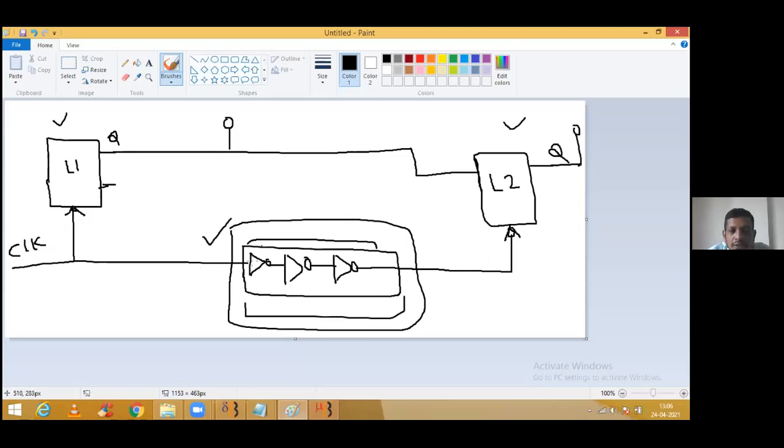Because of whatever we are adding over here, the clock is not reaching at the same instant at both ends, and because of that we'll have a difference between this output and that output. Do you understand this one? The most important thing. So this is called skewing. Skewing means delaying, and that is one of the important practical issues people are going to implement, because the clock is very important as far as digital electronics is concerned. That's the reason it's a simplified version that you can easily understand.